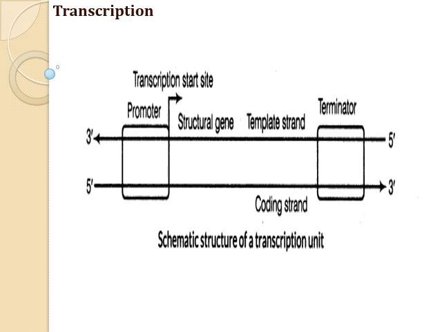Transcription is the process of copying genetic information from one strand of the DNA into RNA. It is the first stage in the process of gene expression, as the genetic information in a gene is transferred to a messenger RNA which encodes a protein. Here, the DNA acts as a template for the synthesis of messenger RNA. This is based on the principle of complementarity, with one exception: adenine base pairs with uracil instead of thymine.